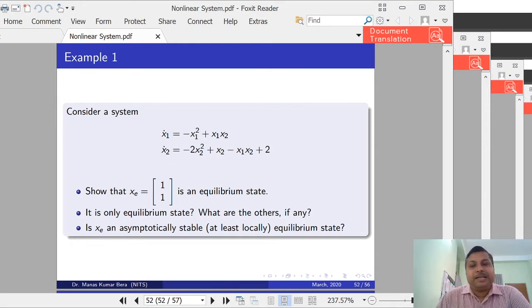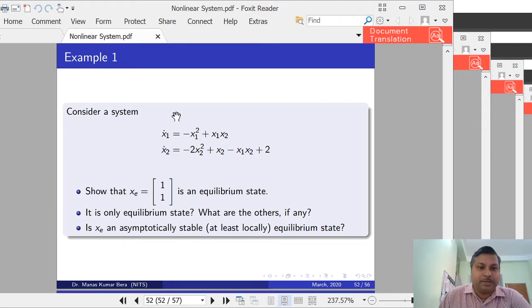Then we have stated the Lyapunov theorem, and now today with the example we want to see how the Lyapunov theorem will be useful to understand or to determine the stability of a nonlinear system. We are using two methods what we have discussed, that is the Lyapunov first method and Lyapunov second method. Okay, so let us start with the example 1, where we can see that a nonlinear system is given, which